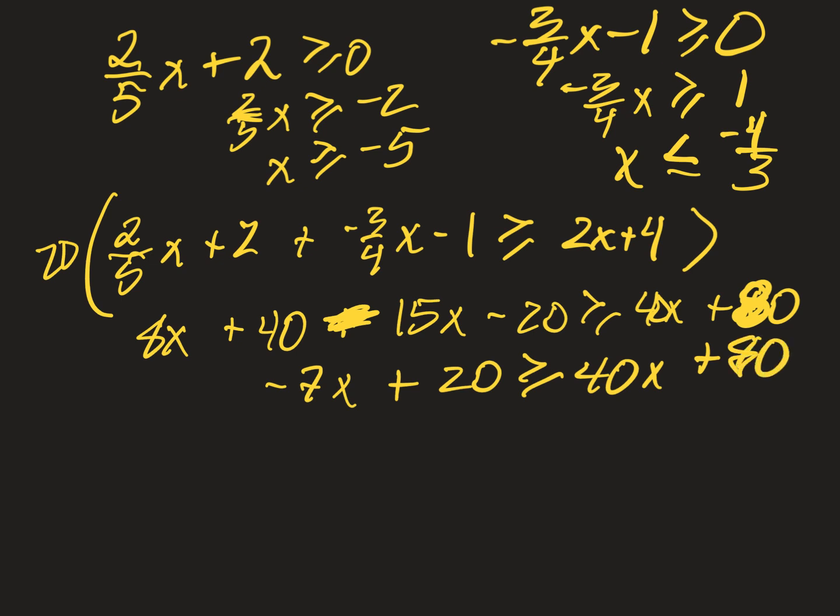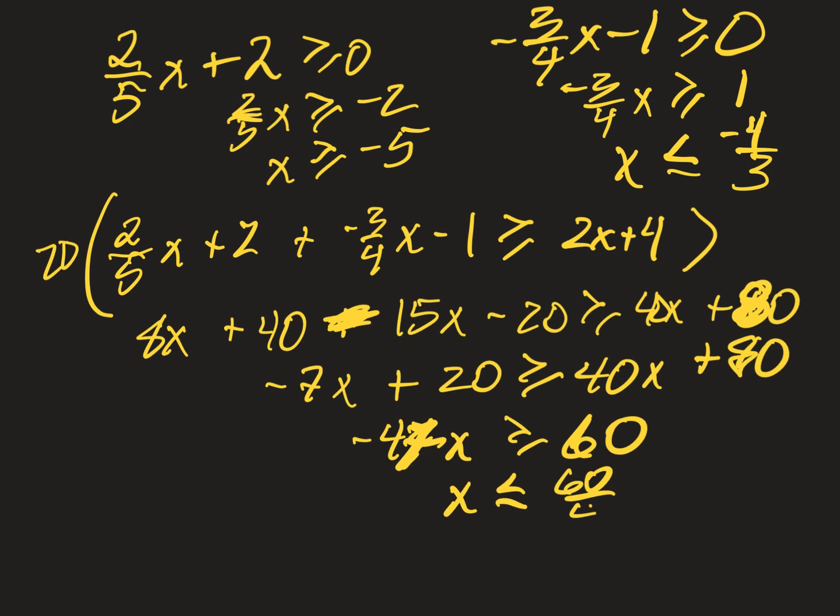All right, and then subtract the 40x, so negative 47x is greater than or equal to minus 20, 60. So x is less than or equal, because I divide by a negative 47, 60 47ths. All right? And so